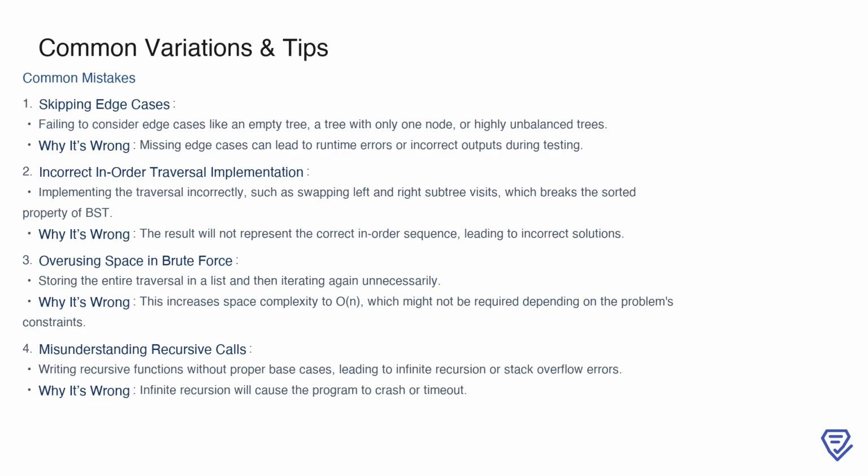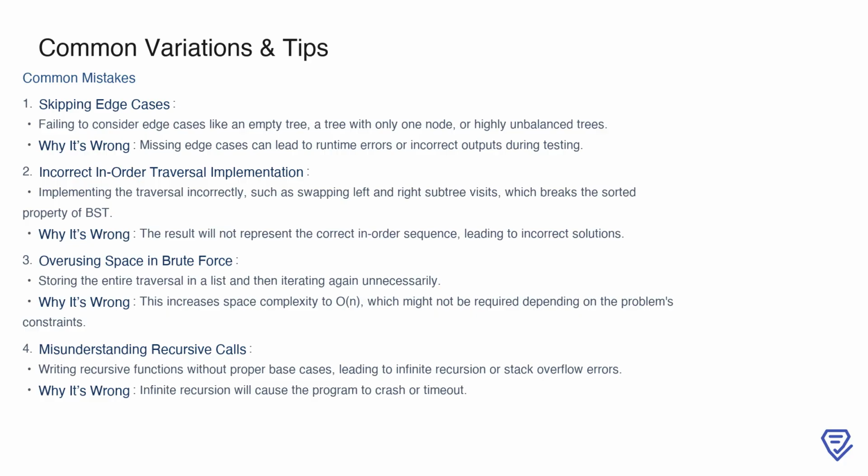Another common mistake is implementing the in-order traversal incorrectly. For example, swapping the left and right subtree visits would break the sorted property of the binary search tree, resulting in an incorrect in-order sequence. Additionally, overusing space in a brute force approach is a pitfall to avoid. Some solutions involve storing the entire traversal in a list and then iterating over it again, which unnecessarily increases space